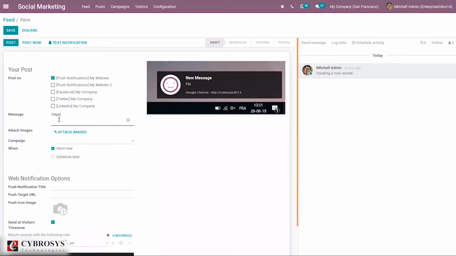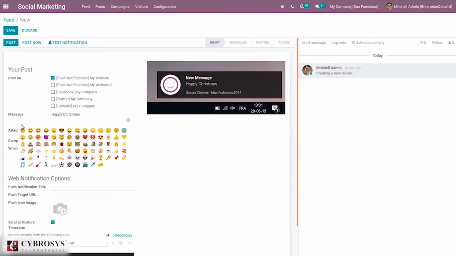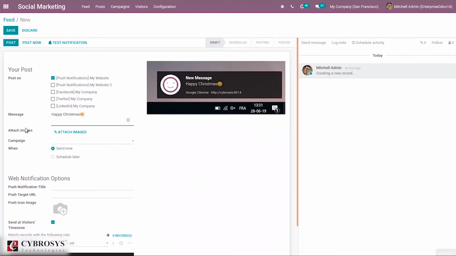Suppose I'm creating a post, Happy Christmas, and you can add smileys from here. And it is possible to attach some images.